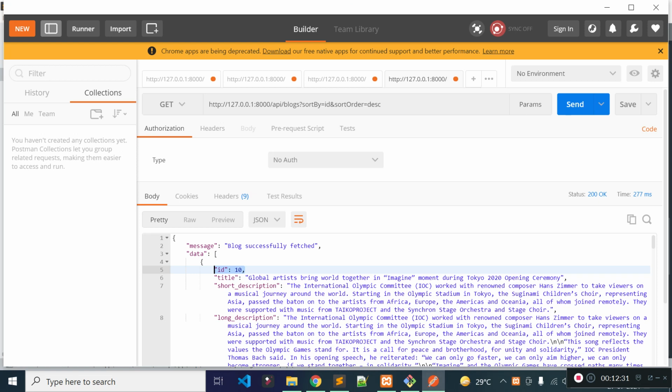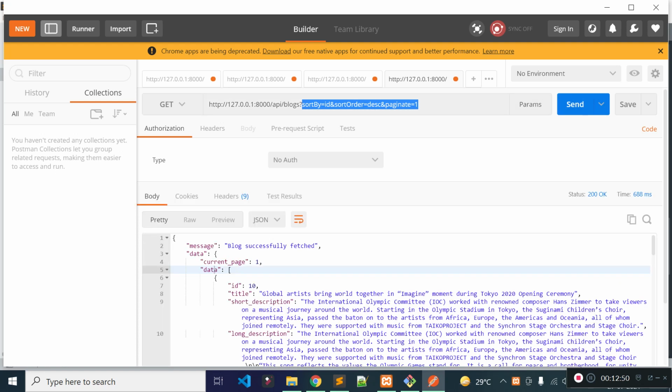Now let's execute this endpoint. Let's remove this, or we can pass per page or paginate in the query parameter. You see I am passing paginate 1, that means I am asking for pagination, right? So let's execute this endpoint. You see now we are getting some other keys along with our data key.